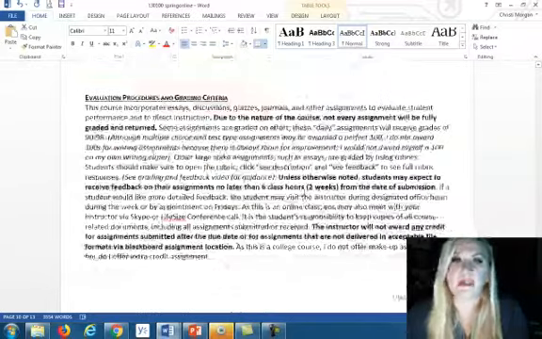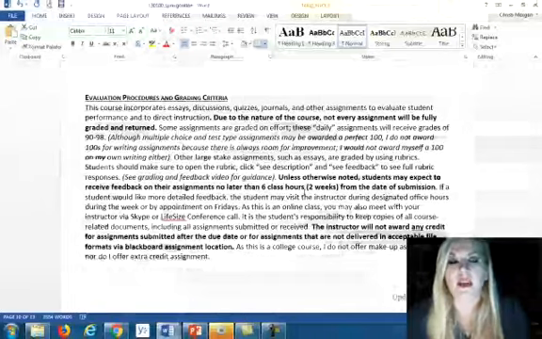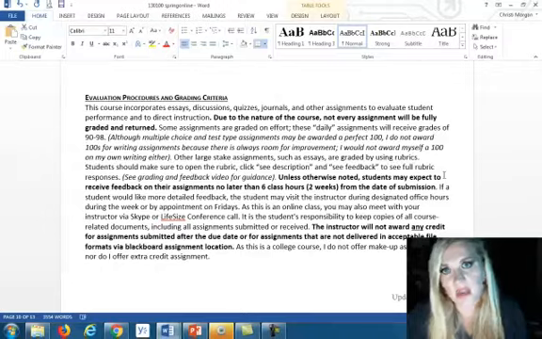Okay, so let's move forward and look at our evaluation procedures and grading criteria. You will have several different types of assignments in this class. You'll have some essays, you'll have some discussion boards where you have to interact with each other, very few quizzes, some journal assignments, and then some other kind of easier, just general type of assignments. And this helps me evaluate your understanding of the course and the material that we're going over, especially since I don't get to see you face to face. I really have to rely on the work that you're submitting and turning in to make sure that you're understanding